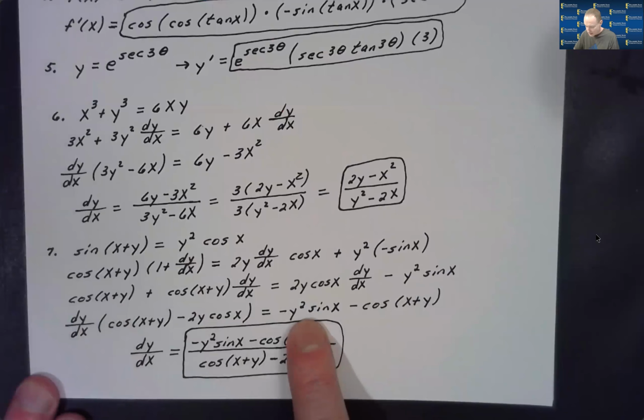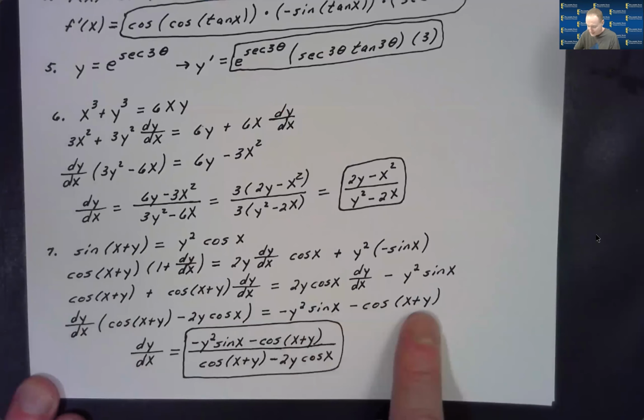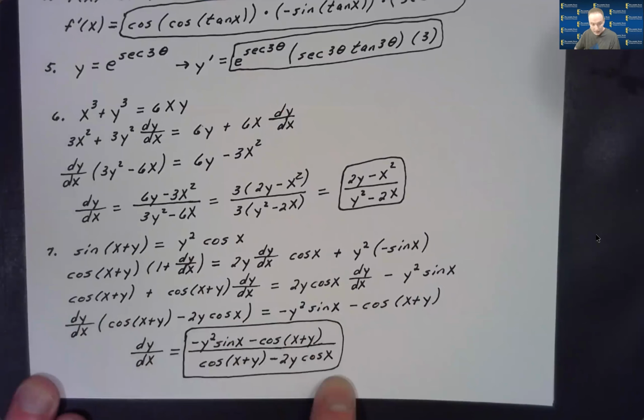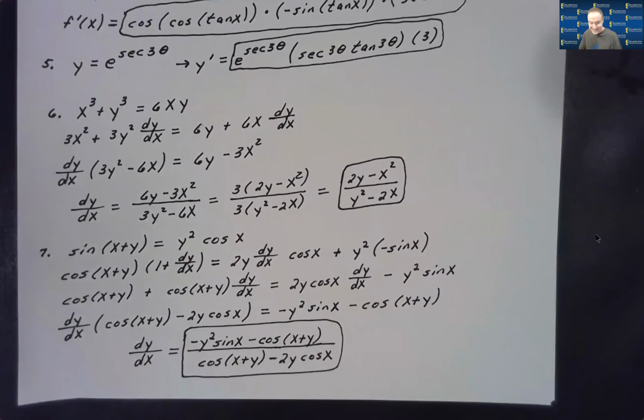So dy dx is equal to what was over here on the right-hand side divided by what was previously multiplying it, and nothing factors or cancels in that expression. That's our fully factored and fantastic final form of the answer. For the next problem that's dealing with